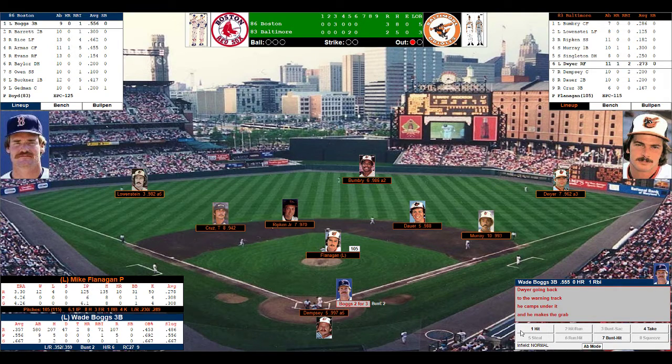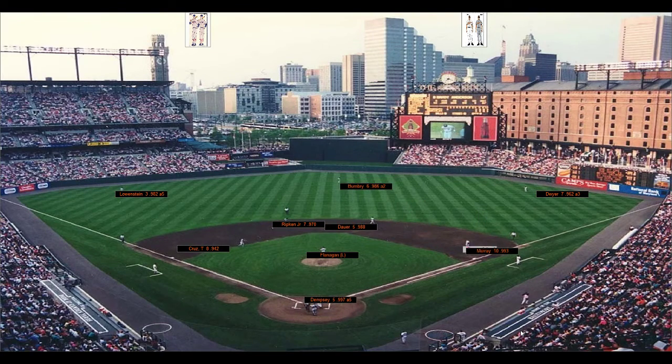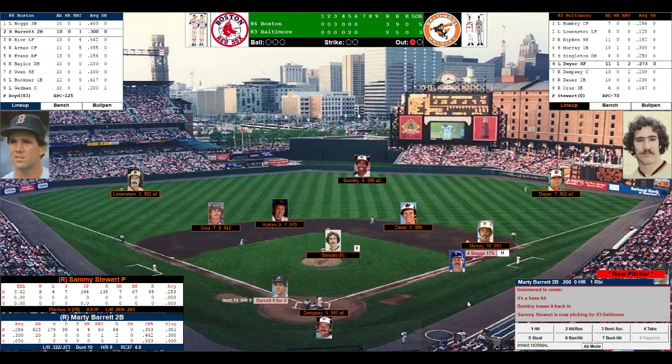Dempsey sets the target. The windup and the pitch by Mike Flanagan. Boggs swings and sends that ball right back up the middle. He's now 3 for 4, and that's it for Flanagan. He's out of the game. Here comes